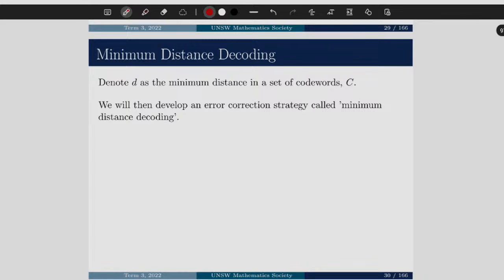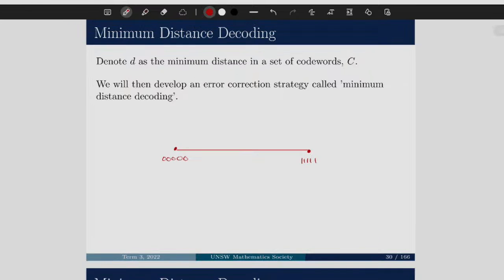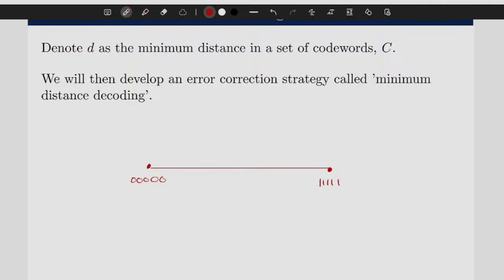Anyway, minimum distance decoding, denote d as the minimum distance. We can have a strategy called minimum distance decoding. That was essentially what we were talking about earlier when we were talking about strategies, and the central concept behind that is, for example, if I had a timeline from zeros, let's say just 5, and then a set of 1s, right? Well, we can say somewhere on the spectrum is going to be whatever code word we have, whether it's invalid or valid, right? So for example, this means no ambiguity. This has no meaning in terms of the actual space. I do not draw things to scale, but let's say we had a code that's like this.